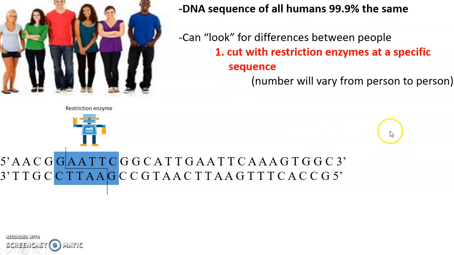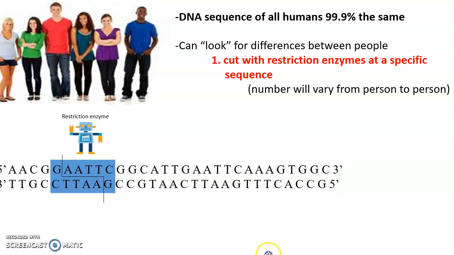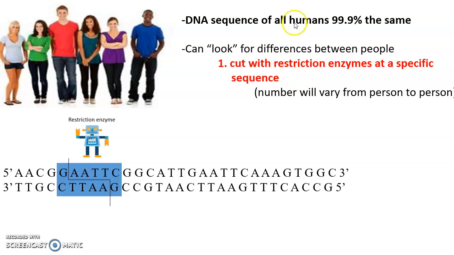All right. Turns out that 99.9% of DNA is the same in all humans. Crazy, huh? Even though we seem so diverse, genetically we are pretty identical. However, one way that there is difference in sequences is in locations where restriction enzymes can cut the DNA. So a restriction enzyme is a type of enzyme that looks for a specific sequence in the double-stranded DNA. When it sees that sequence, in this case GAATTC, then it is able to cut the DNA, breaking it up